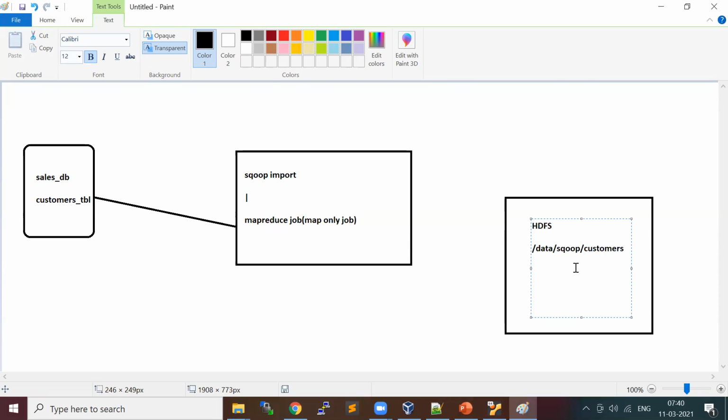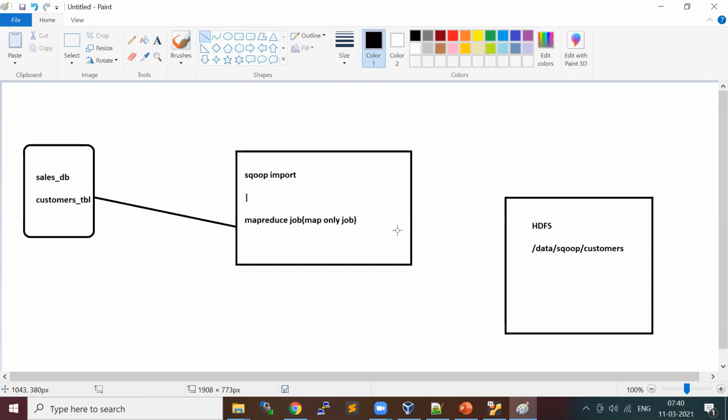Okay, so this location, if we want to move the data, it's my simple scenario, right? So you take from the RDBMS table and you just store it into an HDFS directory.